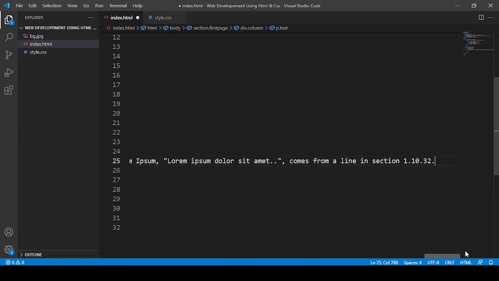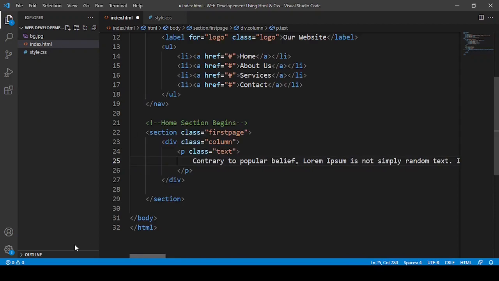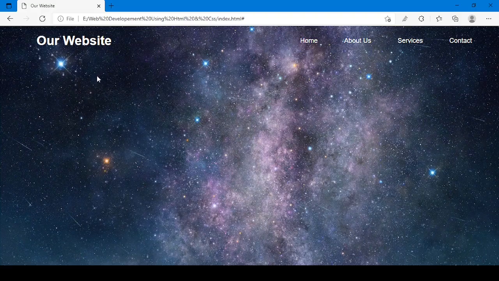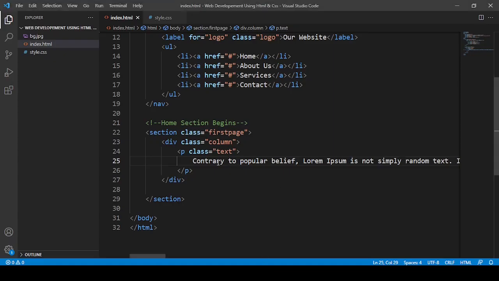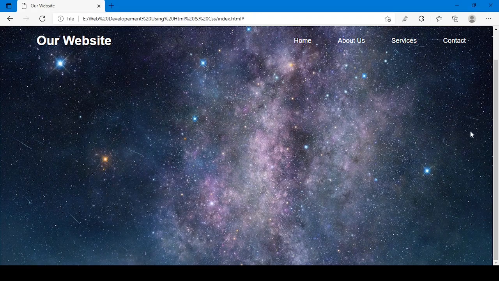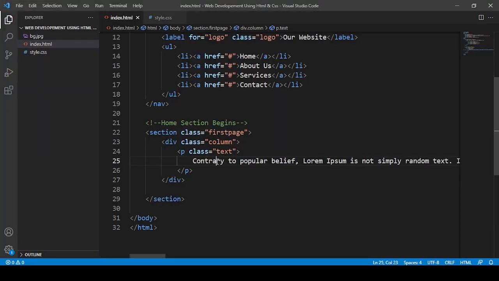No worry, that is fine. Now if I just reload my page, oh, wait a minute, why didn't it work? I think it should work. Paragraph equals to text, and what if I save it?